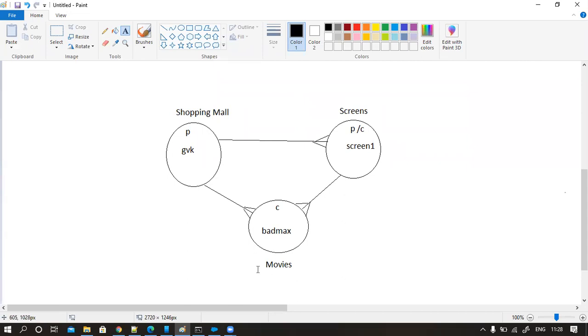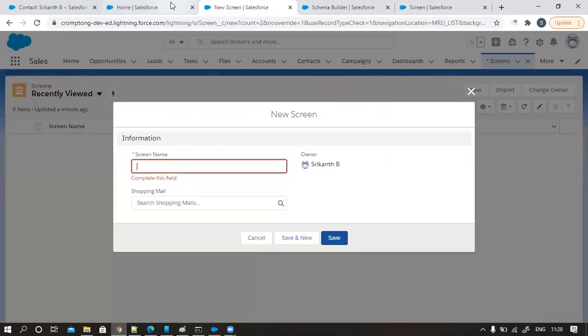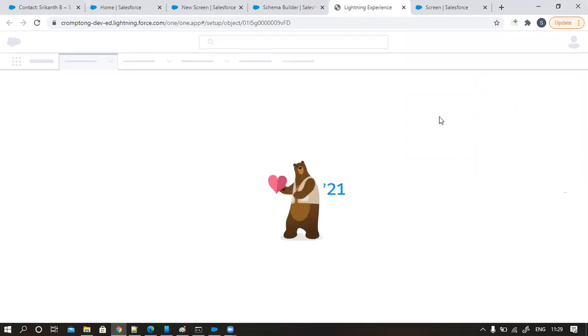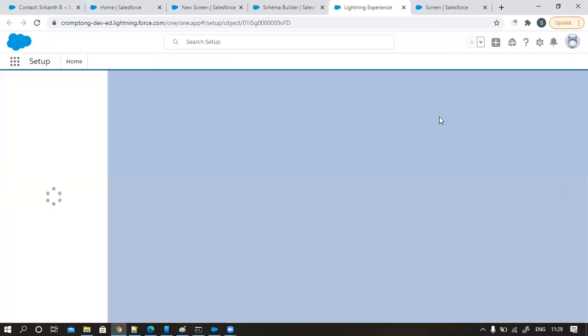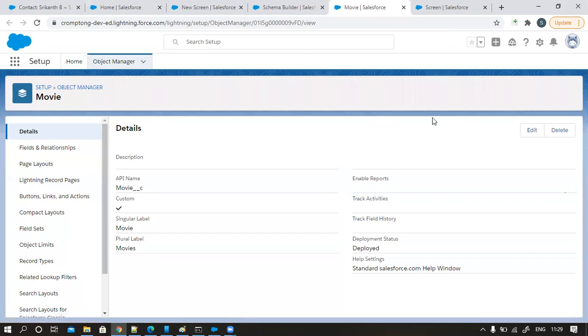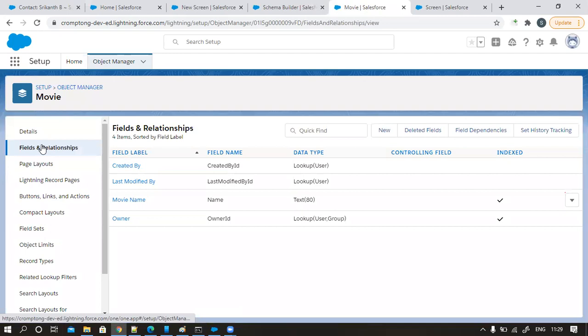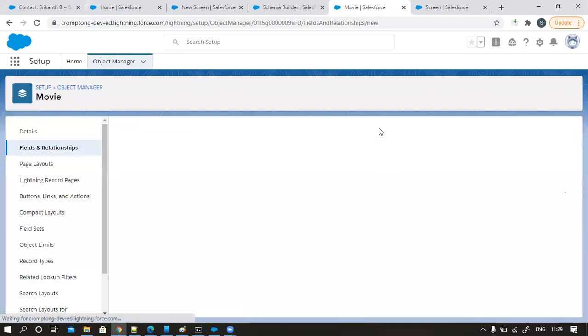we have another object called movies. So this movies will be a child to these two parents. So how many relationships do we need to create? Two relationships on the movies. Come here, go to the movies, view object, click on the fields, click on new,